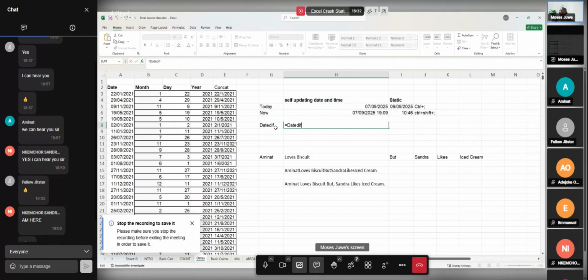So how do you use the formula? The formula is called DATEDIF. That is the formula. I'll tell you what the formula does before I even use it at all. What the formula basically does is that it is used to search something. For example, if I have here,